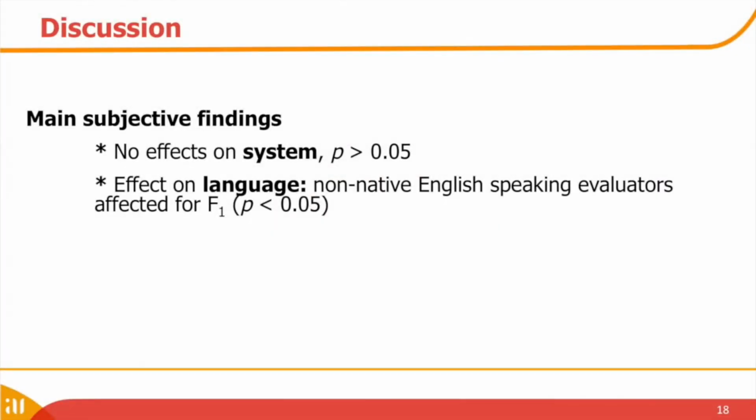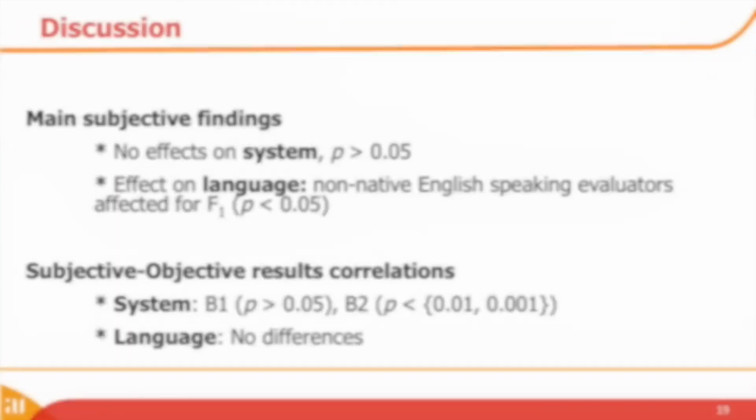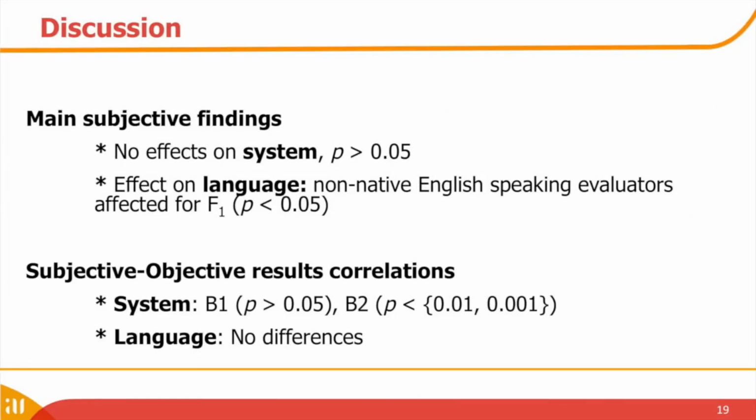This study demonstrated that evaluators were able to use a clustering interface to link natural and anonymized speech recordings based on their perceived similarities. We reported no significant differences between systems across its objective metrics. However, we observed a significant difference between native and non-native English-speaking evaluators for mean F1 difference between control and evaluation trials. The significant correlations between subjective and objective results for B2 evaluation trials suggest evaluators clustered natural and anonymized speech recordings in a manner that was similar to the scores generated by our ASV model.